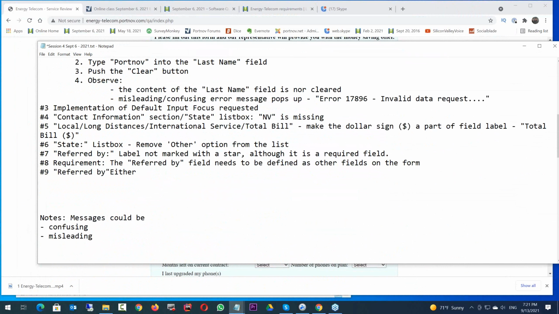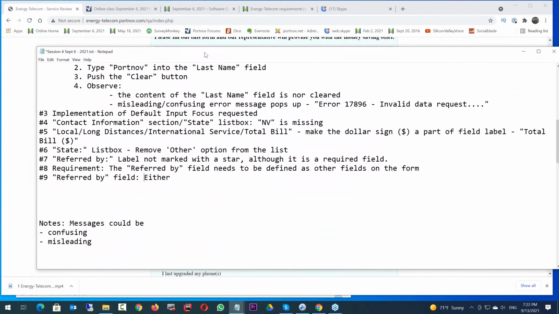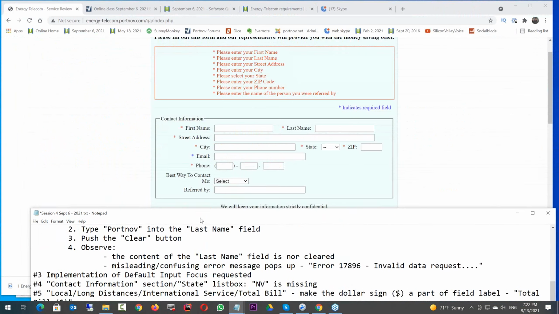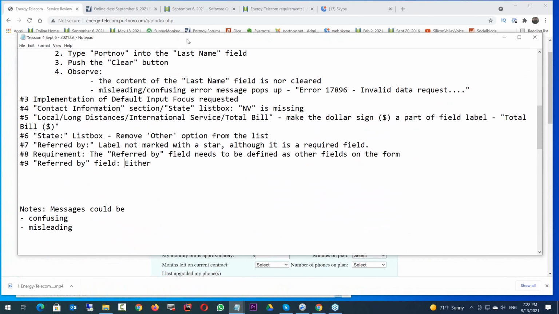Referred by field. I'm not saying which section it is, because the field is unique, so you don't have to explain where it is. We do not have multiple referred by fields. So either provide an asterisk to the field,